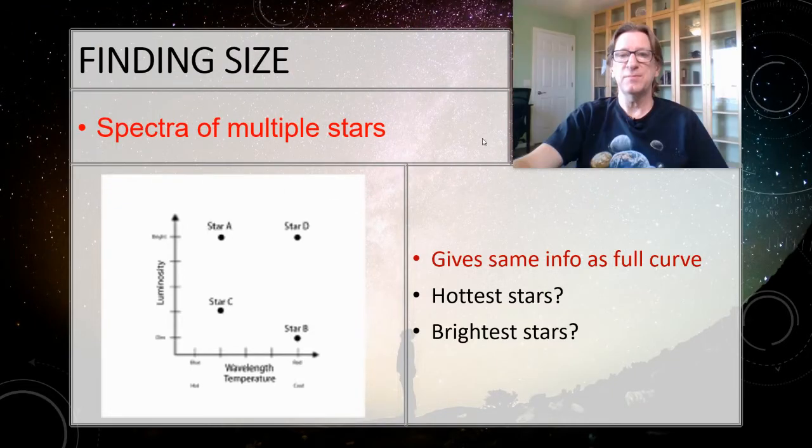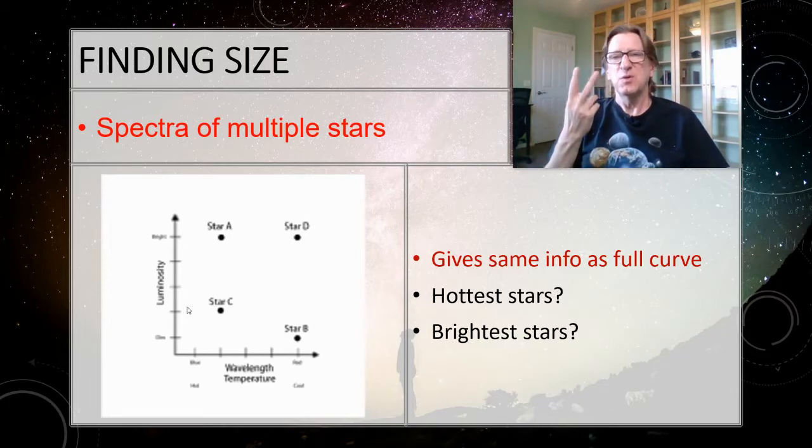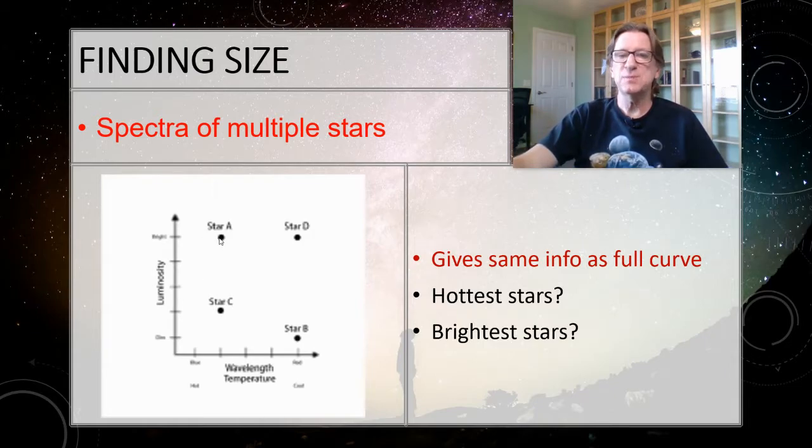Okay, so now look on the back side of your page. A lot of times we want to show more than one star on the same graph. And I could show all these curves like we did here. With 2, it's not bad. But what happens when you've got 4 like we do here, or 1,000 stars? You're going to have all these curves and all these lines, and you're not going to be able to follow it. So most of the time we just plot the position of the peak.